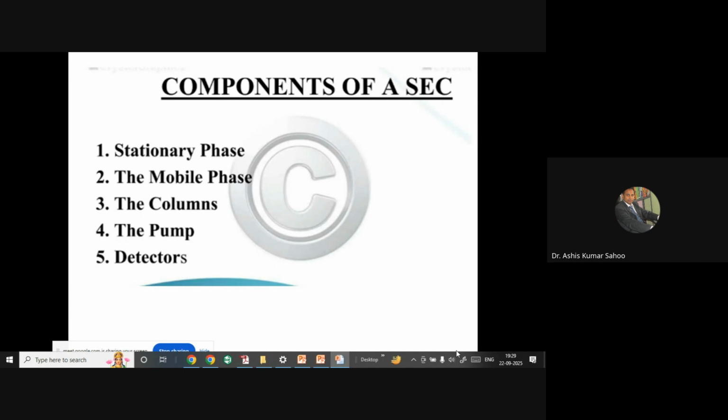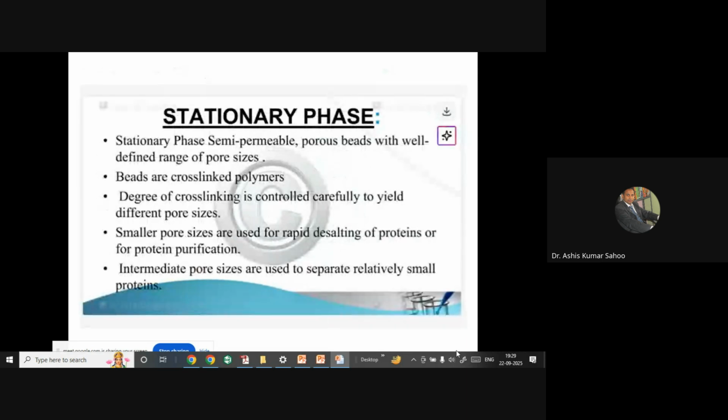In a column we have two phases, one is the stationary phase, another is the mobile phase. Then there are the column, the pump and the detector. So in the stationary phase, we take semi-permeable porous beads